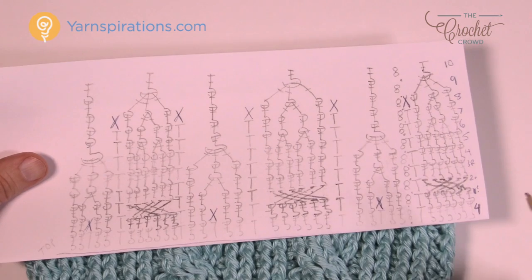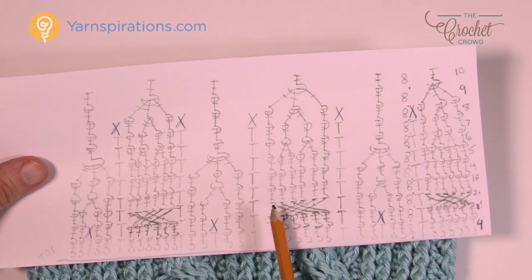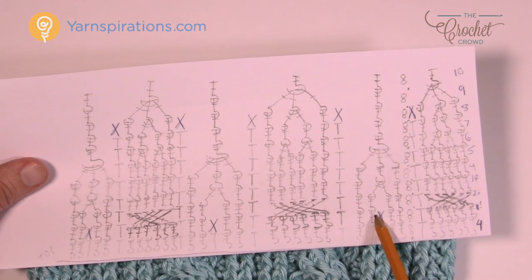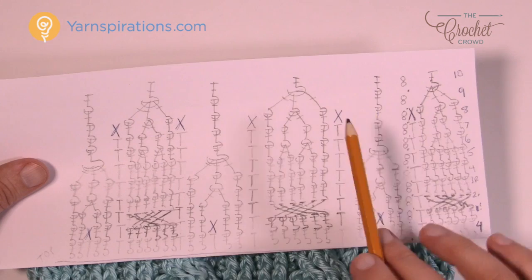So I've just finished this last round, and now we're gonna move up. Now what I want to show you here, see the X? That means that I've eliminated that stitch. So you see that there's a gap space right above it. It means that you're not skipping over anything anymore. We've just done it here, but it means that this stitch here no longer exists. So anytime that I put an X, it means that the stitch no longer exists,